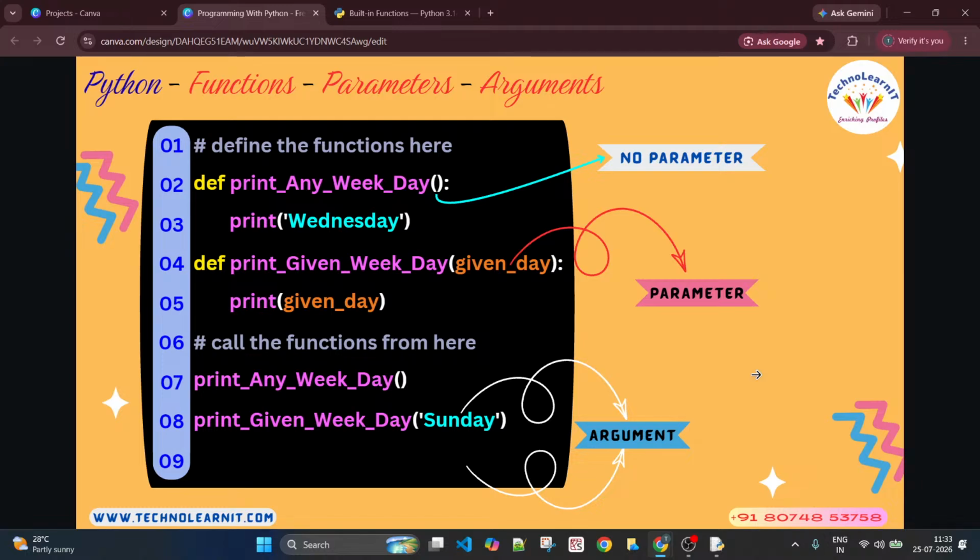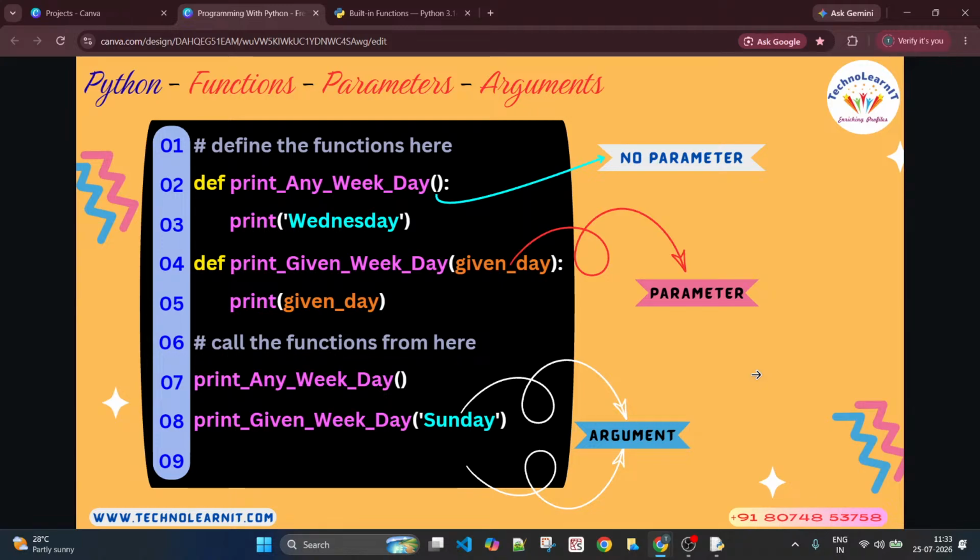When you pass an argument, you need to mention the argument within single quotes. In this case, why single quotes? Because you're passing a string type. A string has to always be in single quotes, no? That's why you need to mention it in single quotes. Here I am passing Sunday as a string, so I kept it in single quotes.